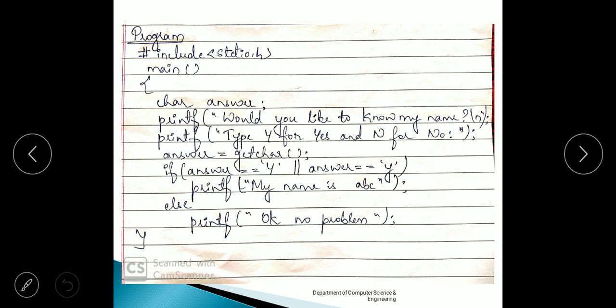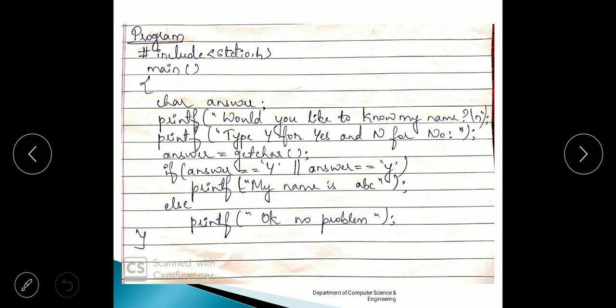So answer is of type character. Here I am going to display, would you like to know my name? So I am asking some person whether he wants to know my name or not. So printf will display this particular statement on the screen.